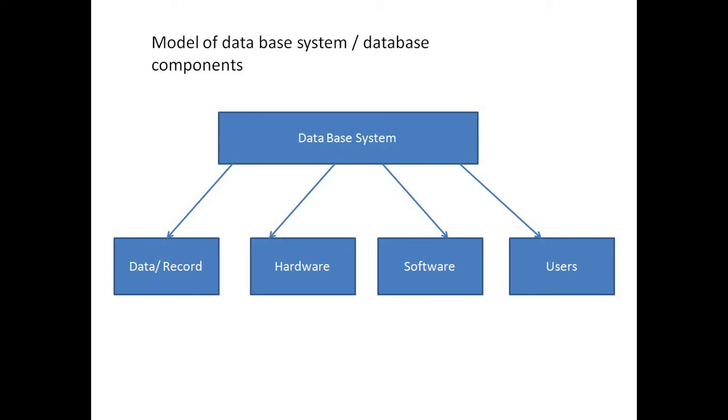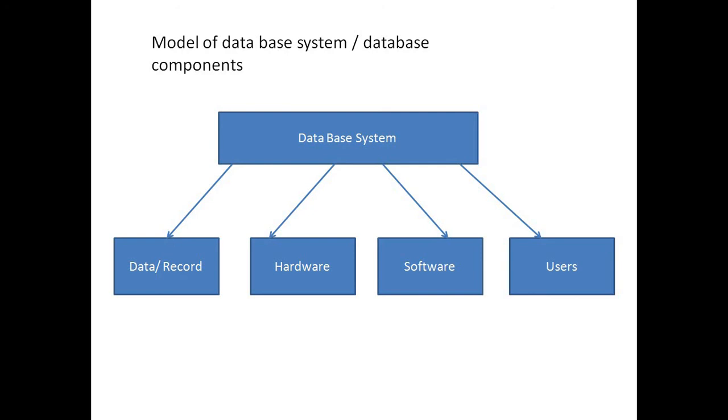The next one we have is hardware. Hardware is one of the most important components again of a DBMS system. It refers to all systems, physical devices like hard disks, like storage devices, or the input devices through which data is entered, or the output devices through which data can be viewed, etc. The hardware component of DBMS covers the tangible entities which are used for storing, for accessing, and for displaying data in a database.